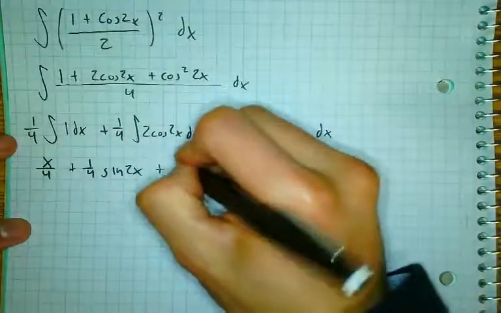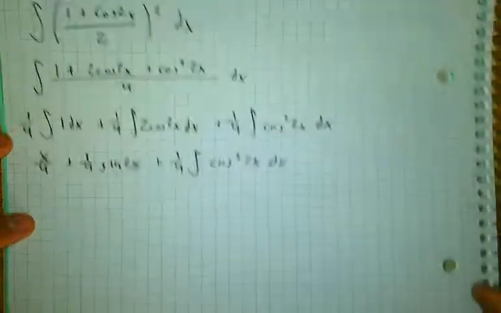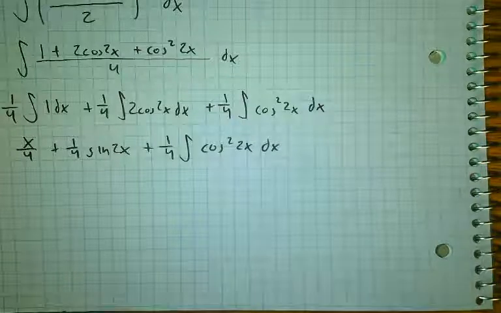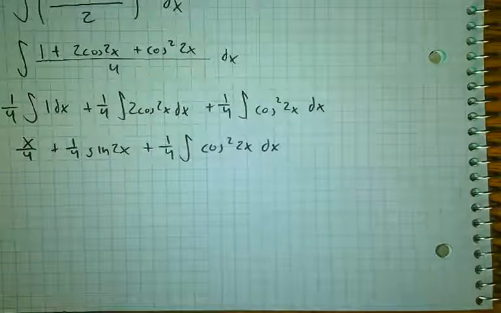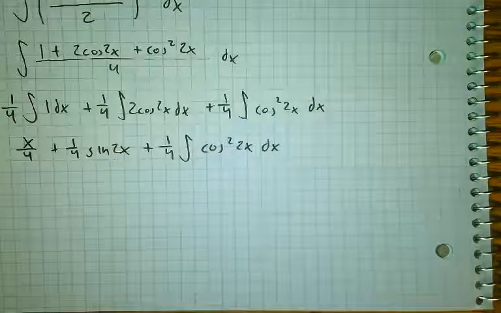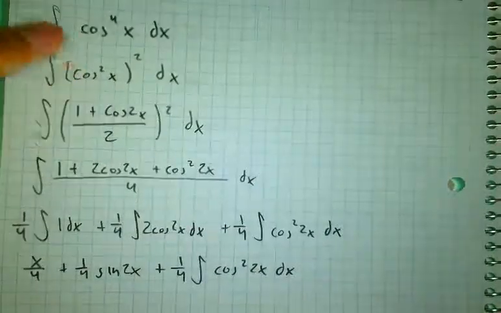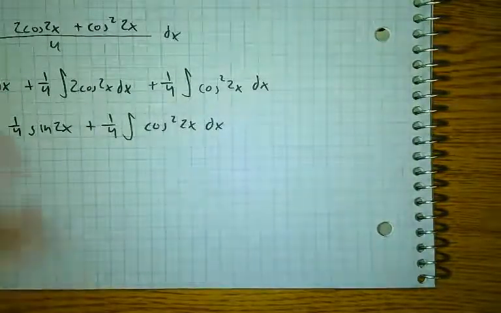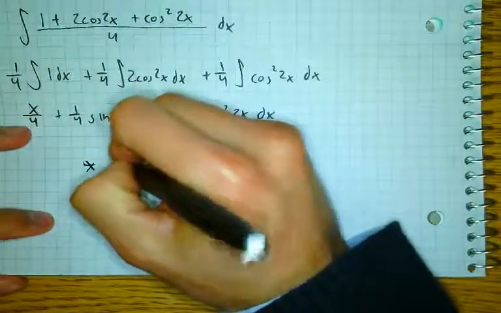And lastly, I'll go ahead and rewrite it again, but how could we tackle that problem? Good. You have a cosine square again. You're going to have to power reduce it again because I don't have a sine again. You with me? So I'm going to have to power reduce it. But here's the difference. At the beginning of the problem, we had a cosine square of x. Now we have a cosine square of 2x. Does that make a change to the power reducing formula? Because the power reducing says cosine square of x is